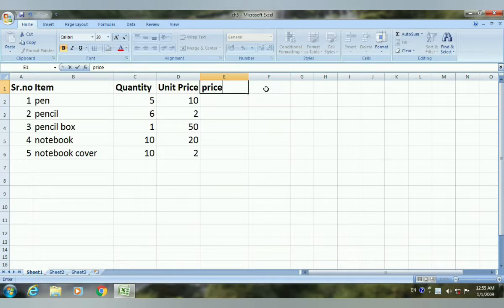So two ways are there to calculate the price here. Either you can directly do the calculation with the values that is specified over here in the cell, that you can see here 5 multiplied by 10. And then another way is you can specify the cell address in which these values are written. So through that also the calculation is possible. Both the ways we will see now how to do the calculation of a price bill.